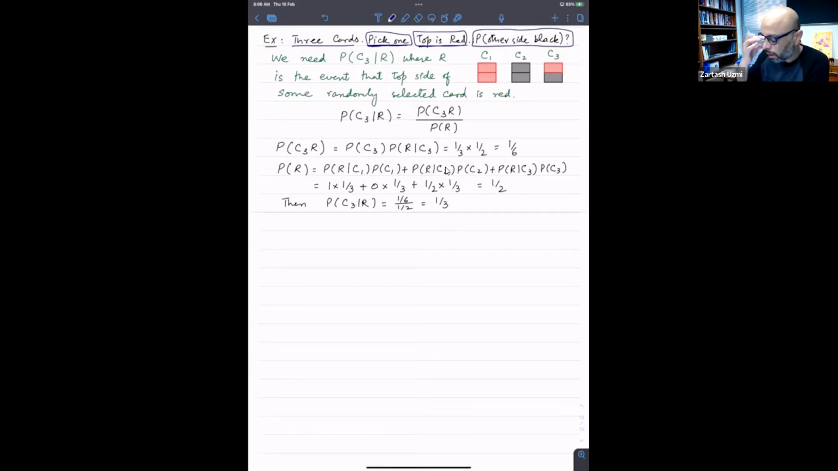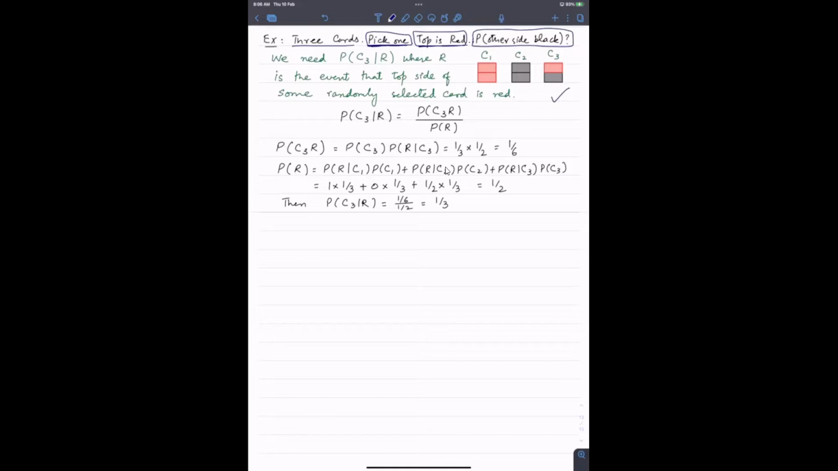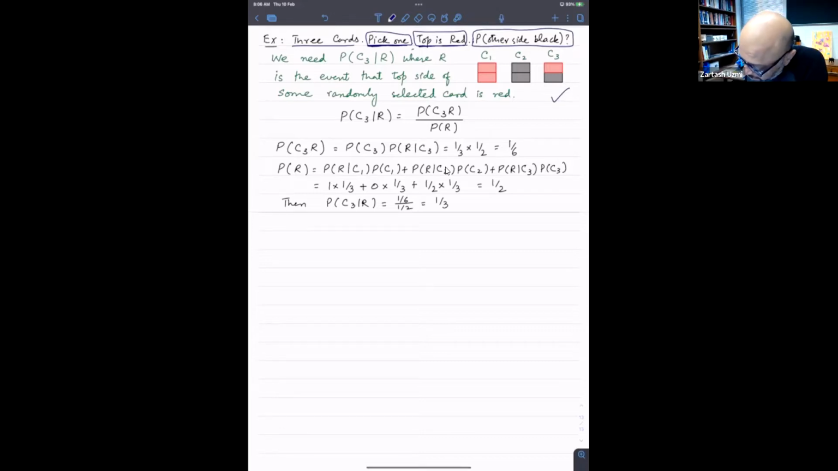Okay. Now, if I had not given this information to you, that the top is red, if I tell you that pick one card, what is the probability that it is the third card? What would the probability be? 1/3. That would be 1/3. Okay. Let's take a look whether given this information that the top is red, do we get a different answer or the same answer? So in this case, what we need is the probability that we have picked the third card,